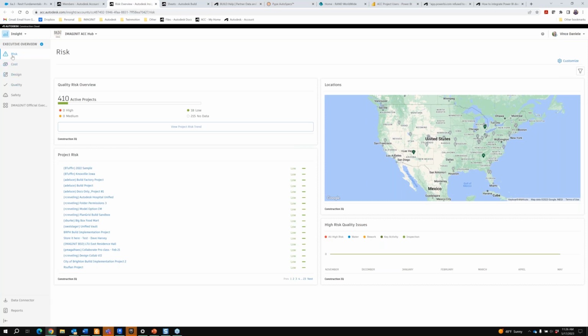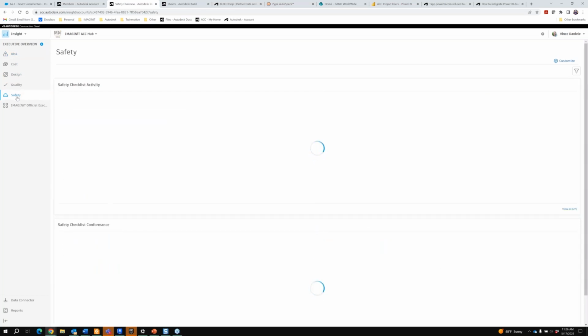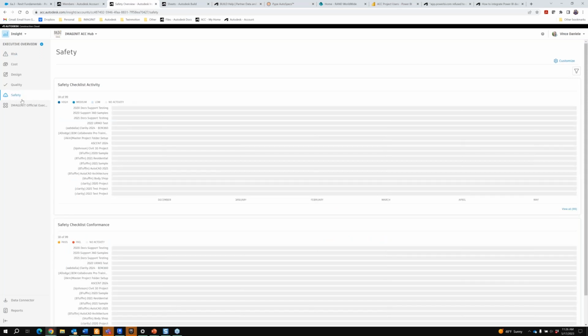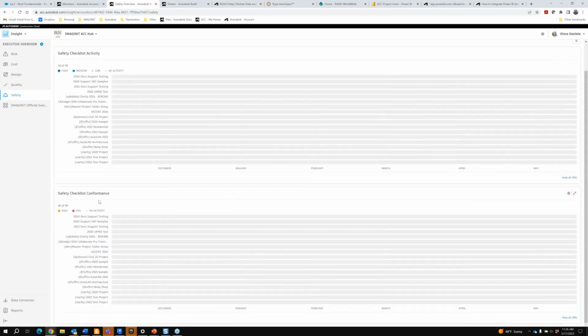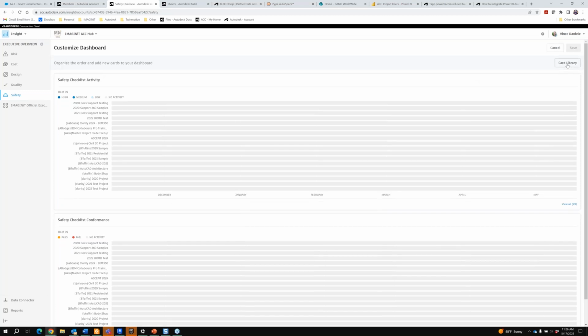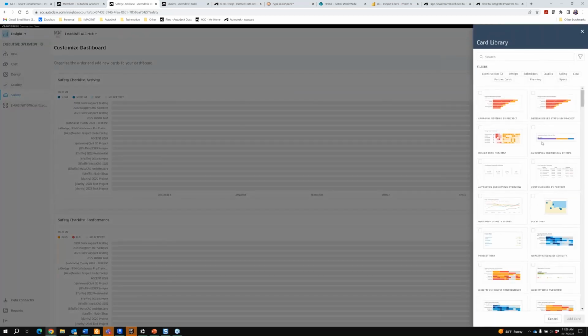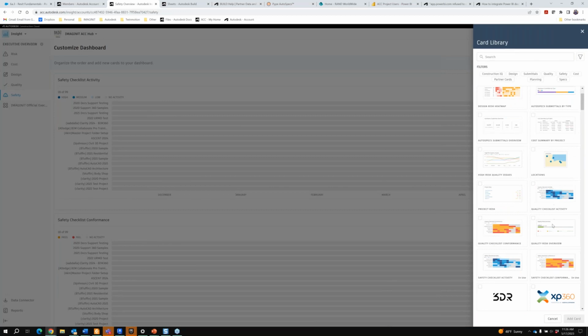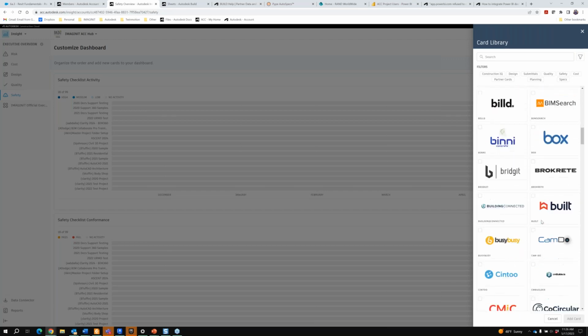Out of the box, we have predefined ones for risk, cost, design, quality, and safety. These have some specific cards preloaded as it pertains to that particular category. So safety checklist, safety conformance. But just like I showed with my homepage, you can customize these. You have the card library where you can add a lot more of these stock cards to gather account level information than what we were seeing from my homepage, as well as those partner cards,